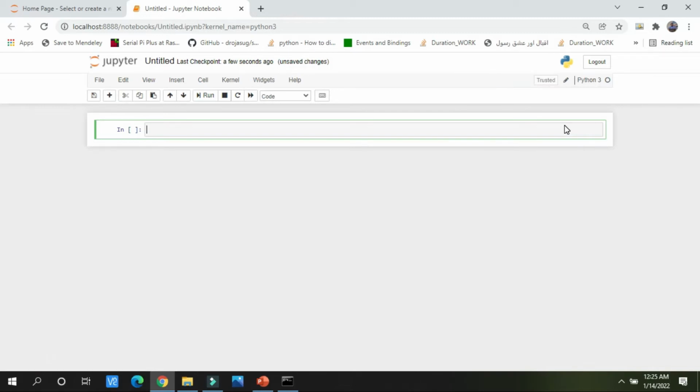So this is your first day of coding, and today we will learn a lot of interesting things. First of all, I am going to explain what I am going to do. First of all, I will import a package. Let me zoom this Jupyter environment so you can see everything in front of you.